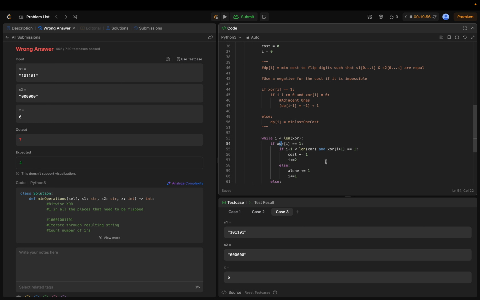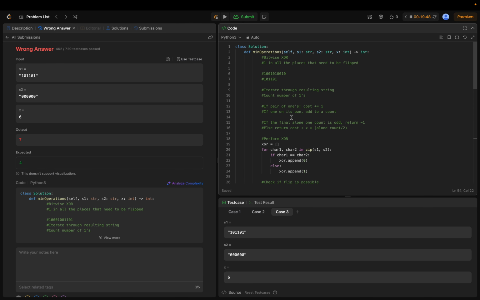The XOR can either flip it and push the one down the line, right? Let's say I'm right here. I either flip, say i is equal to 2, to deal with this 1. I can either flip it